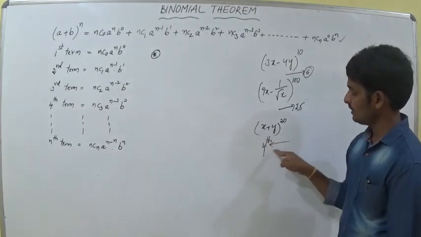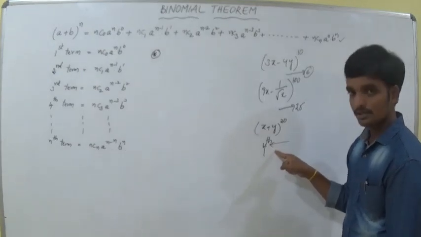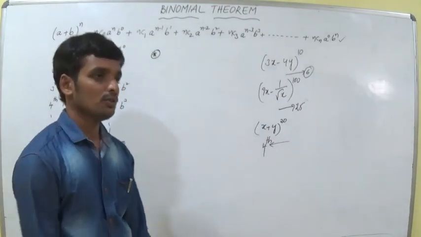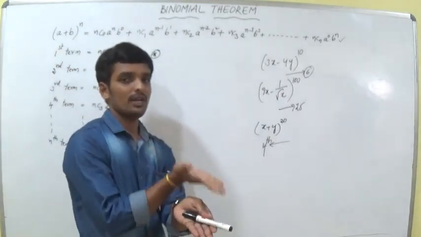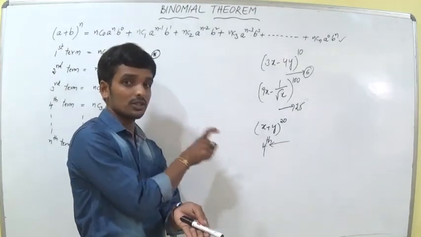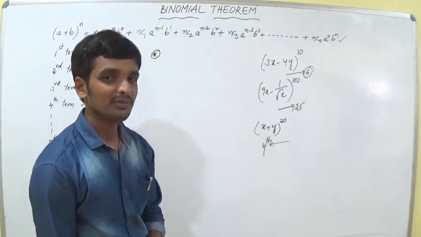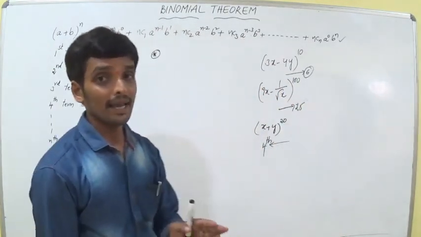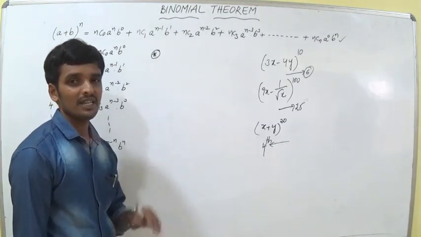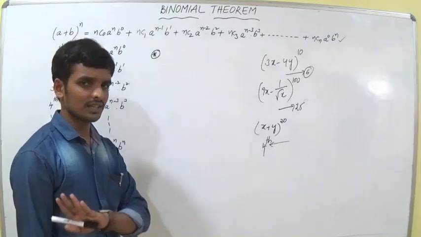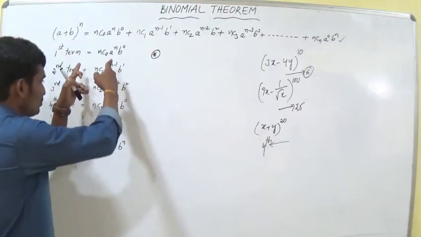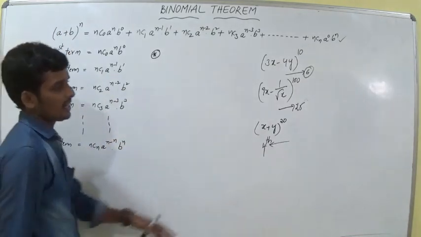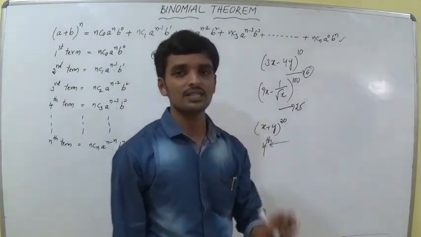That's why I draw an arrow like this. I want the fourth term from the back, from the end of the terms: the last term, the term before it, and the term before that. I want the fourth term from the back. So I am telling you the concept to solve these problems. This concept is not tough, it's very easy. If you observe the general forms of every term, you can understand and solve these questions very easily.